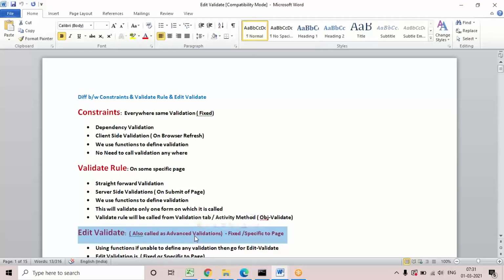And these are also called advanced validations. In these, we already unknowingly used this type. For example, in the starting classes, when the email id property was created, email was the type given, and that is edit validate actually. So automatically when the type is chosen as email, or when the type is chosen as phone for phone number, those edit validate validations, advanced validations, will already apply for those two types. So like that, there are some built-in validation codes. If any requirement is there, we can choose them. Okay.